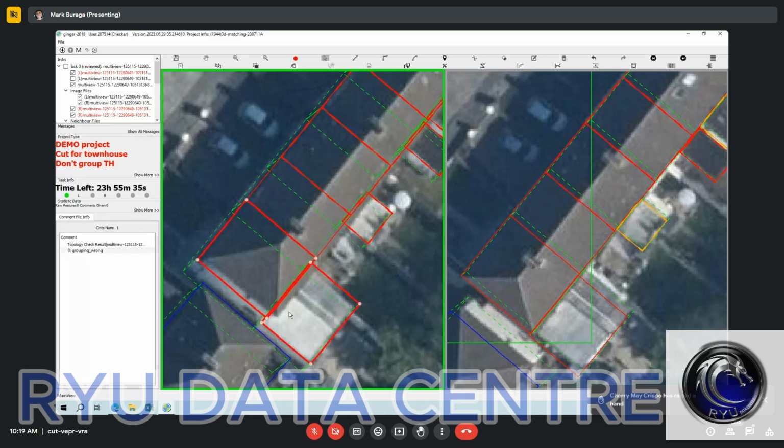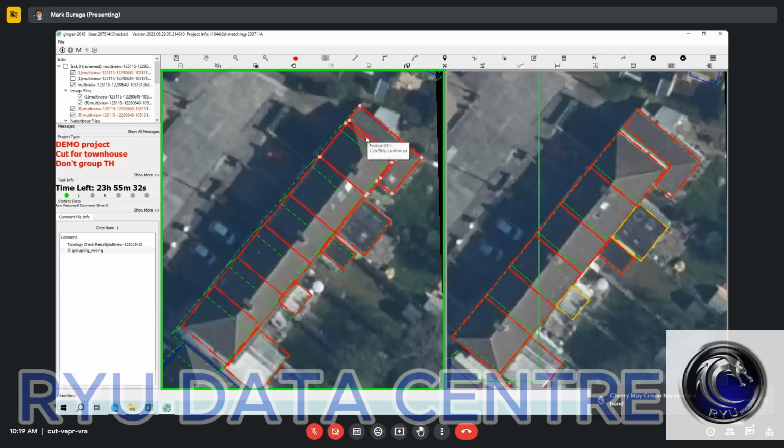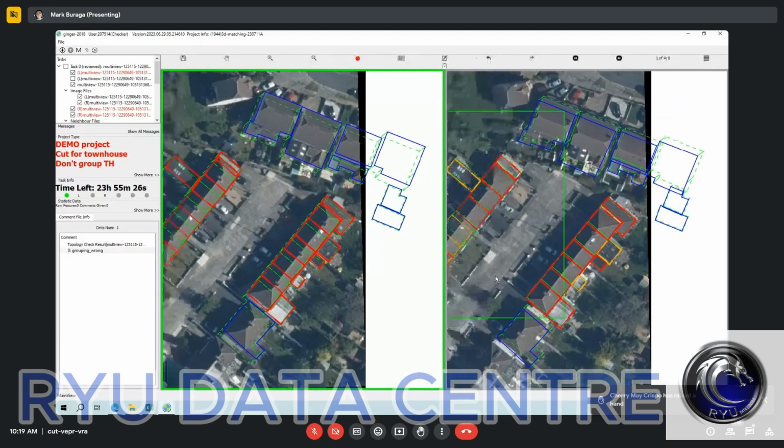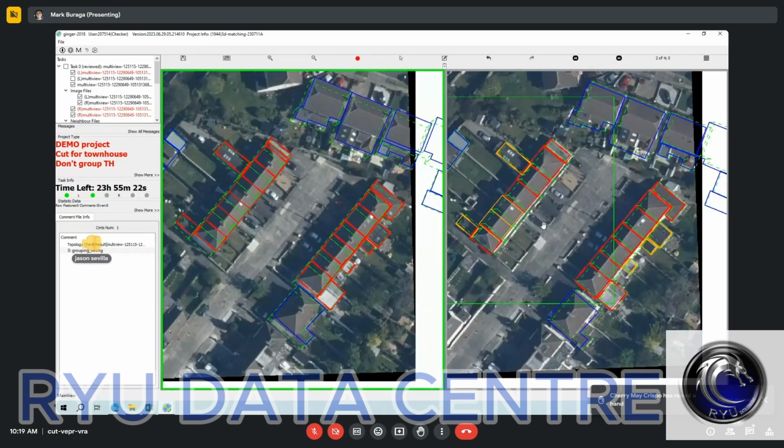And I'll group this one. So as you can see, there are some townhouses that are multi-layered, some are not. Here, did you get it, Peter? Yes, I did. All right, good. So don't forget to confirm each pages in the right panel.